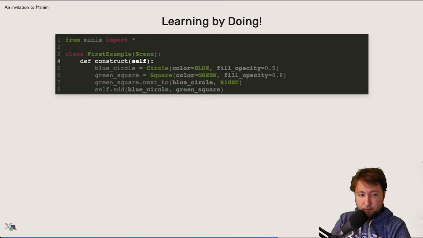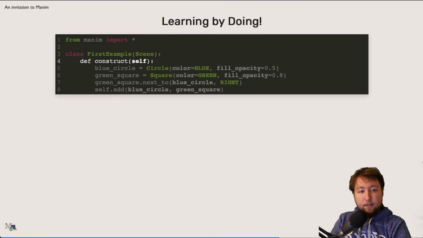And I've already mentioned this special construct method, which has one argument, self, and you can think of this self, if you're not familiar with object-oriented programming, as the scene. So if we then use some command self.something, then it usually means the scene should now do something, which makes sense and is actually quite readable in the way that it's written here.